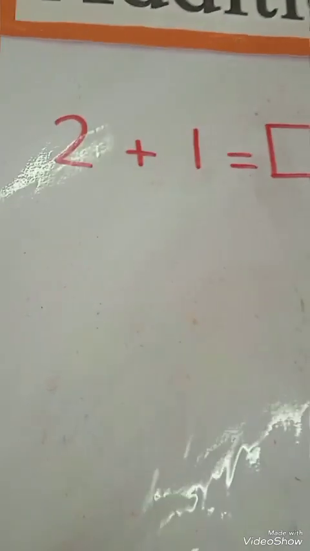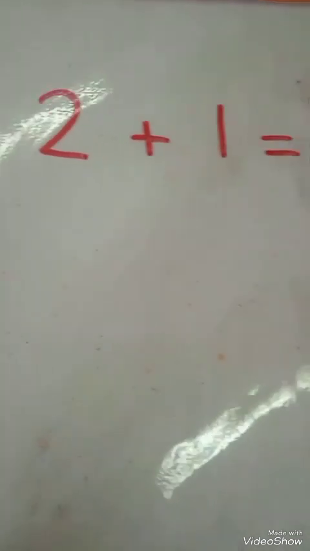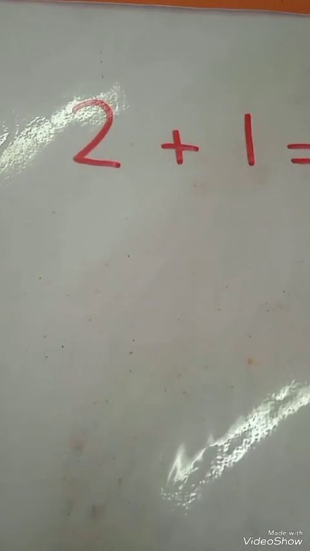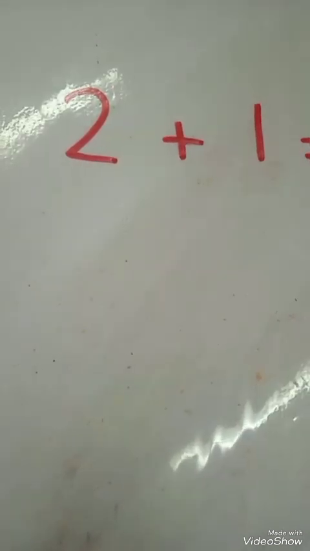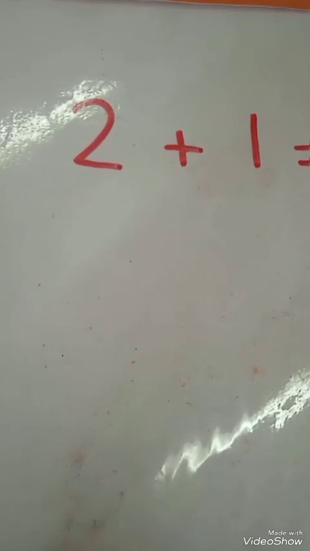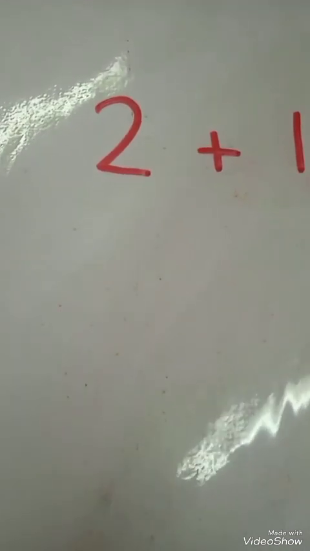Okay kids, now we have a question like that, and we have number 2 and we have to add 1 in it. So what we are going to do? We will draw objects according to the number and then we will count them all together, just like in subtraction. So first of